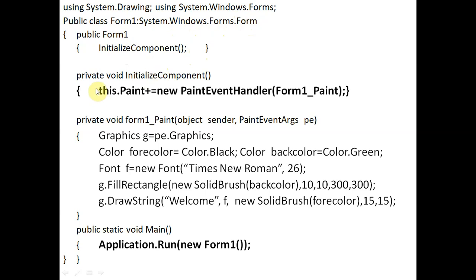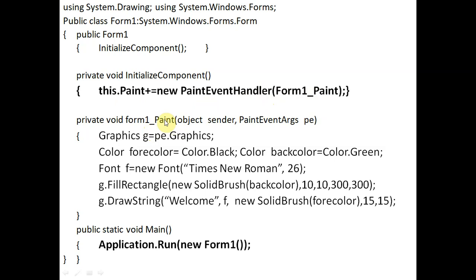Private void InitializeComponent, this function is executed by this constructor. And now we are writing here this.Paint += new PaintEventHandler(Form_Paint). So this Form_Paint is the argument of this PaintEventHandler, means this paint function.